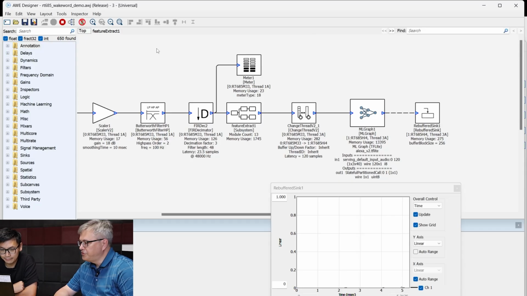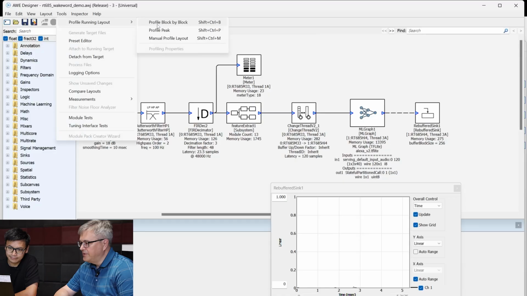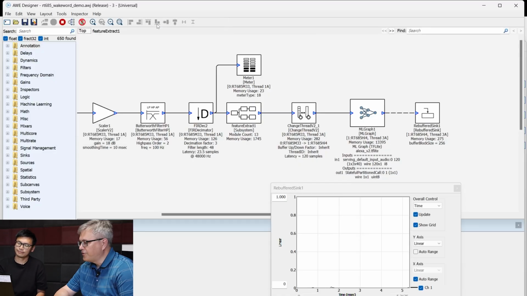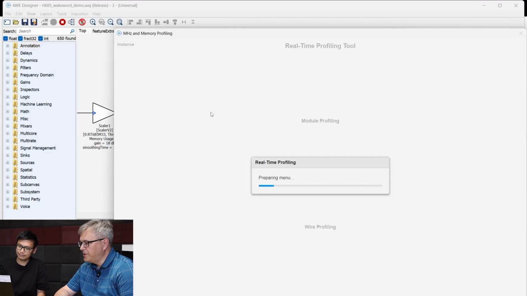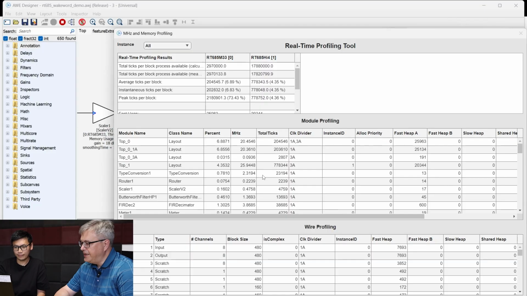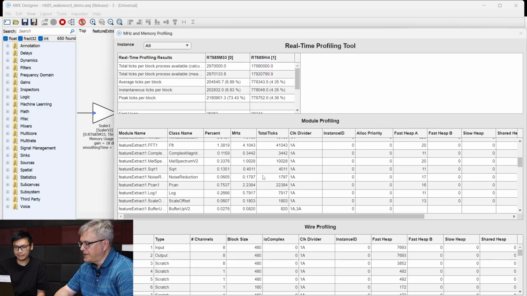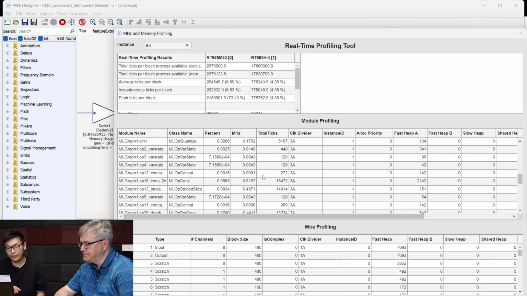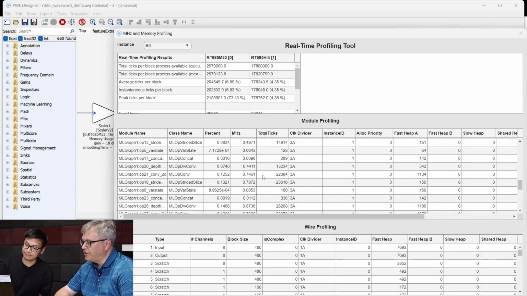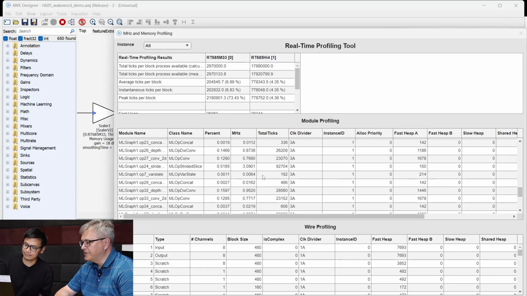We can also do detailed profiling here inside of AudioWeaver. It gives you a deeper look at not just the overall CPU load, but it'll profile the usage that each of the operators has inside of your model. One benefit of this is that model trainers can tweak their model architecture to make their model more efficient for their hardware. Inside the ML graph, you can see all the operators,